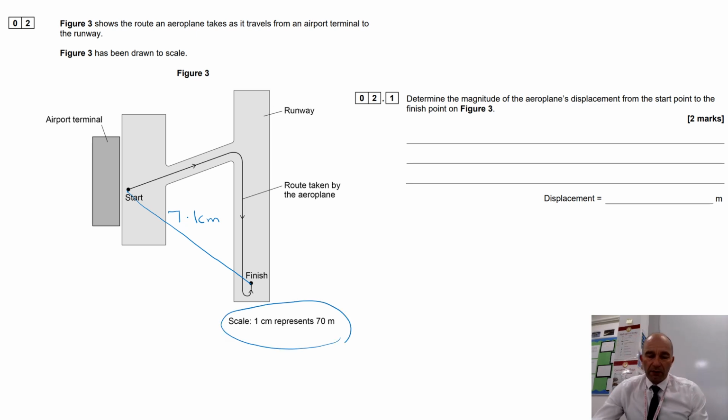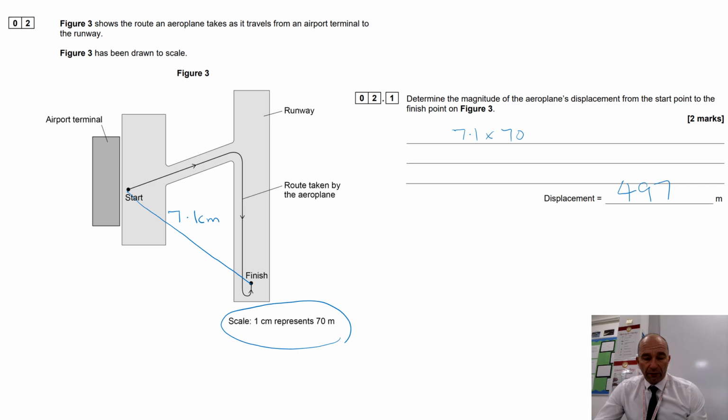1 centimeter represents 70 meters. So we've got 7.1 centimeters. So we need to do 7.1 multiplied by 70, and that is going to give you an answer of 497 meters. You might have got a different answer if you've done this off the screen, because like I said,